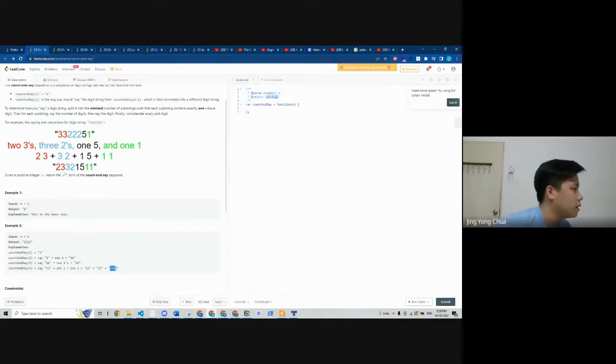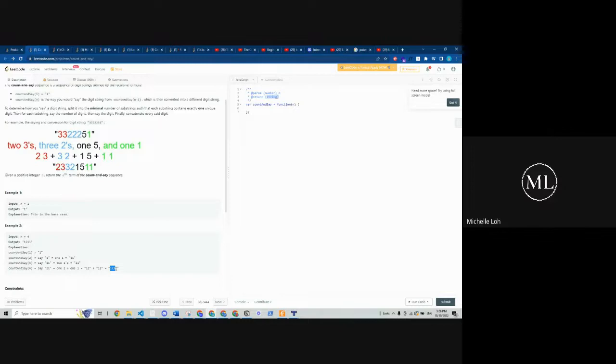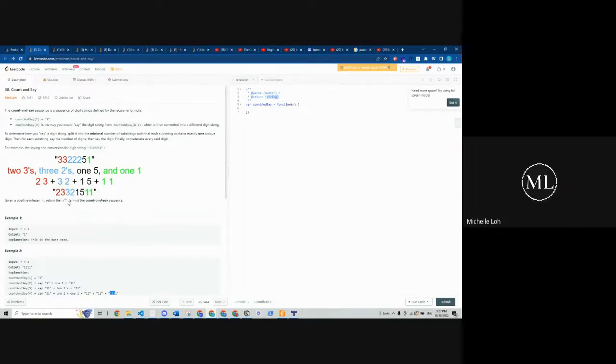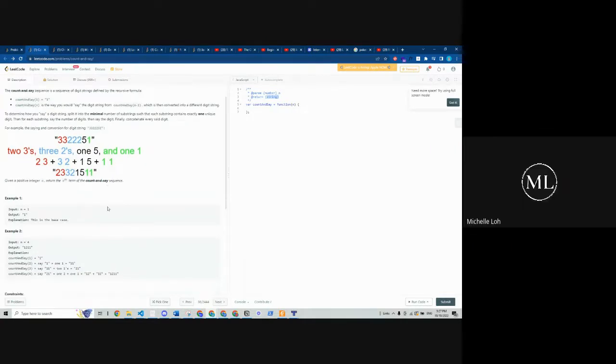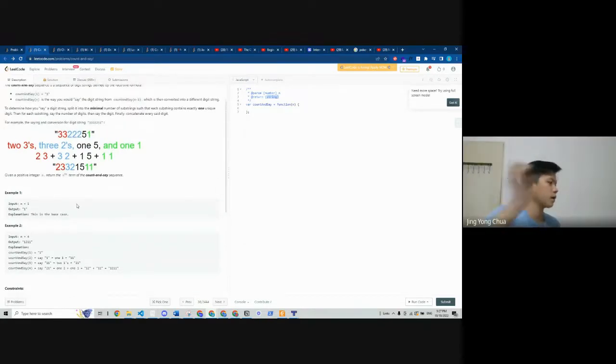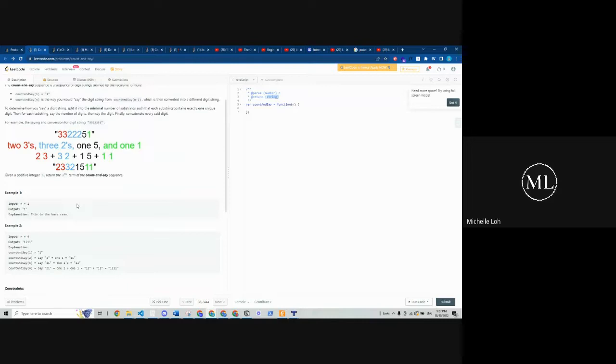Okay, here they say, oh yes. How do you do it? Wait. Let's say n equals, for example, 2, right? So let's say you have count and say 1, and then count and say 2. You just count from the first one, right?